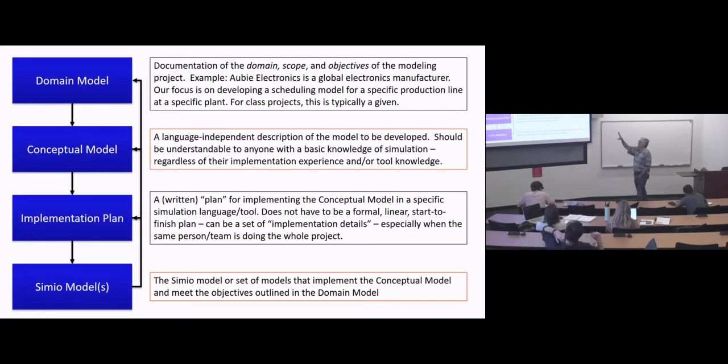So the basic idea of the domain model, there's not much for us to do here because when you talk about a domain model, you're really setting the scope and objectives for the overall model. And in a classroom environment, that's what I give to you, right? The assignment that I give you, say for case study 5, is the result of a domain modeling exercise. So if you think of Obby Electronics being a real place, which it's not, I made it all up, but if it were a real place, the domain modeling exercise would be to produce that document that I give you. Okay, and so that's what the domain model is, scope and all of that.